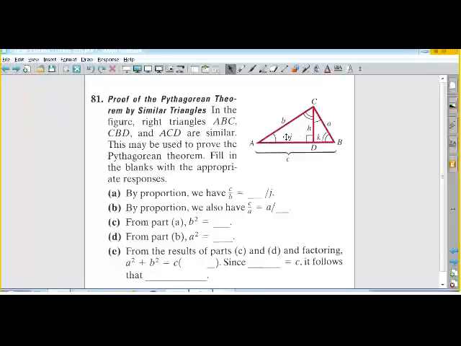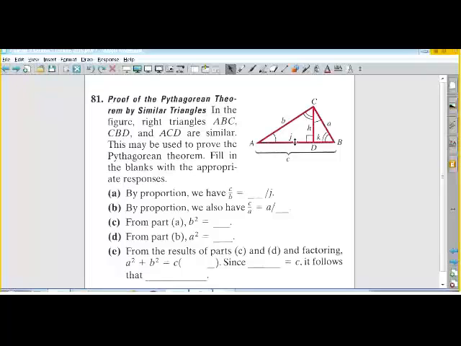Because they're all right triangles, and it turns out that this angle here is equal to that angle, and this angle is equal to that angle, not only are they all right triangles, but they are all similar right triangles. You just have to correctly identify which are the corresponding sides. That's the hard part. So let's see if we can figure this out. We're just going to use the fact that similar triangles have similar proportions